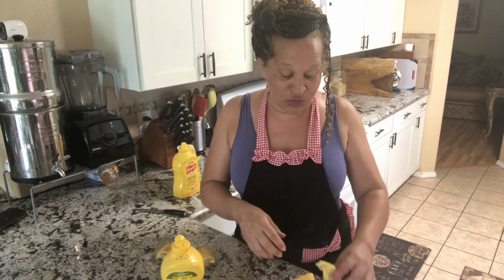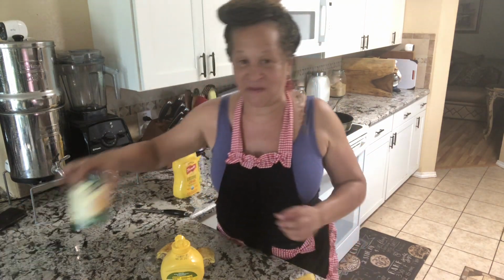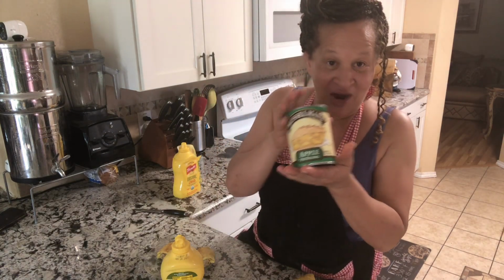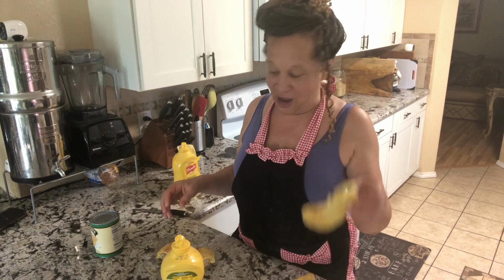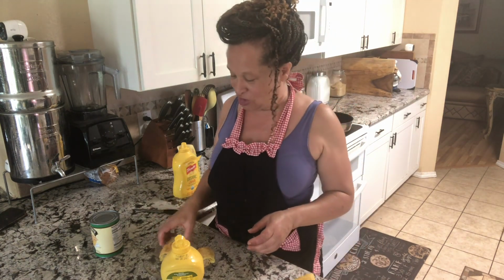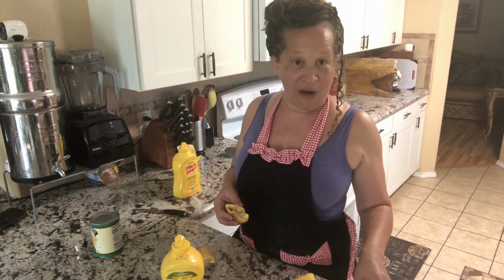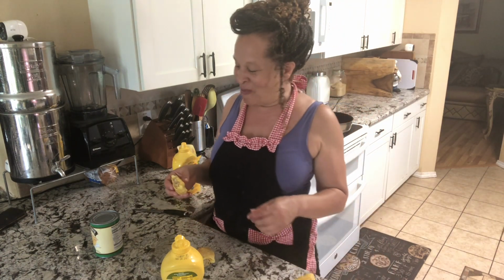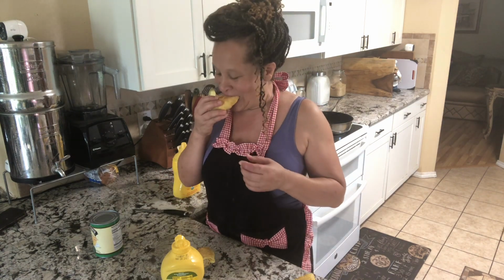You can use this dough to make anything, because next thing I'm gonna make is some fried apple pie. Y'all remember those apple pies that McDonald's used to sell that was fried? They made them stop doing it. That was like one of the best things on their menu. Now they're all baked and dried up. I want my fried apple pie back. So that's what I'm gonna make next. But this, man,